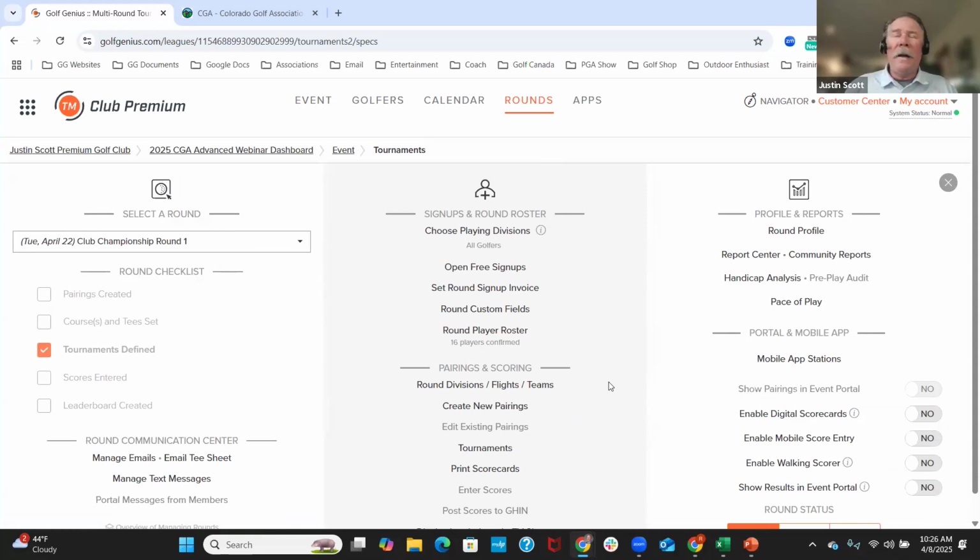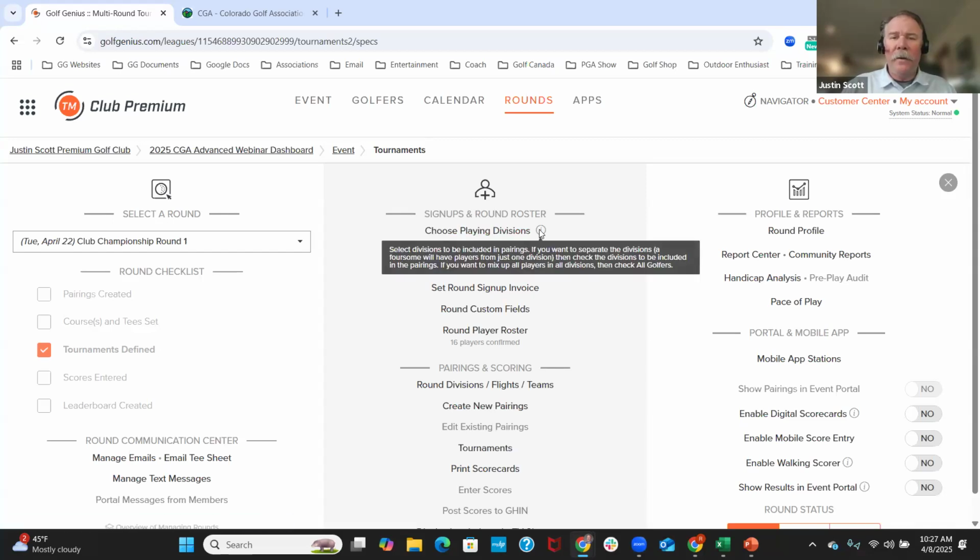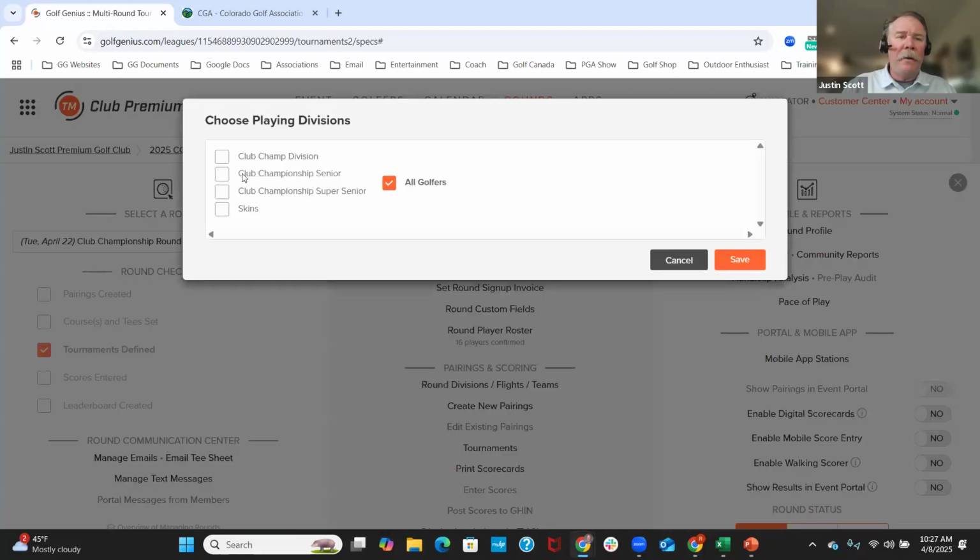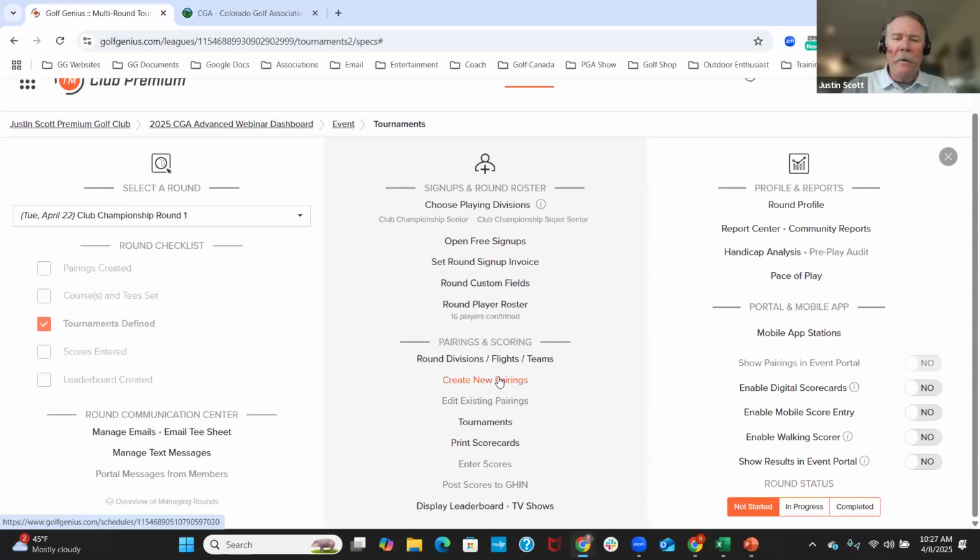But as you recall, I had created a senior and a super senior division. Now, let's say I want to pair by those 2 divisions. And this is sometimes not seen or just gets overlooked. When I choose my playing divisions, there is a tooltip, select divisions to be included in pairings. This would mean if I wanted to create pairings with my senior players in specific pairing groups and my super senior players in specific pairing groups, I would want to choose these 2 divisions so that when I go to create my pairings,